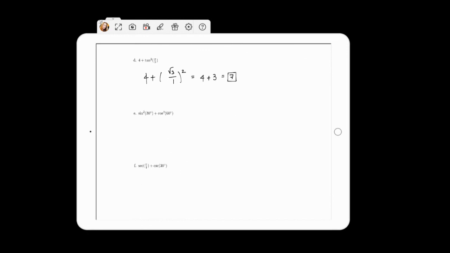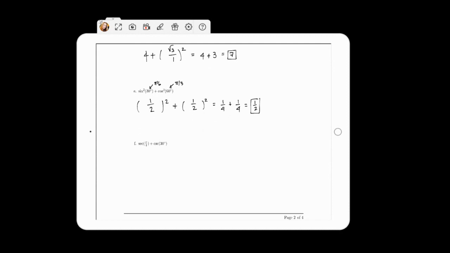Now we have sine squared of 30 plus cosine squared of 60. Again, these are given in degrees, so we must first interpret these angles in terms of radian measure. And then I'm going to put blanks there for the things that we need to fill in. And we know that the sine of pi over 6 is 1/2, and the cosine of pi over 3 is also a half. So totally I have 1/4 plus 1/4, which is 2/4, or equal to 1/2. Okay,